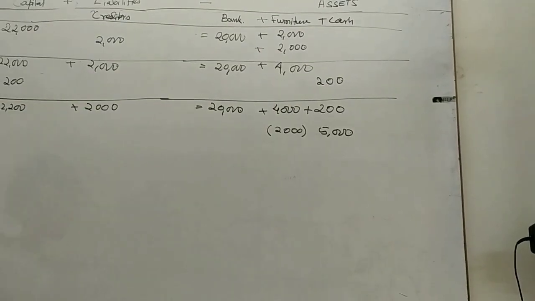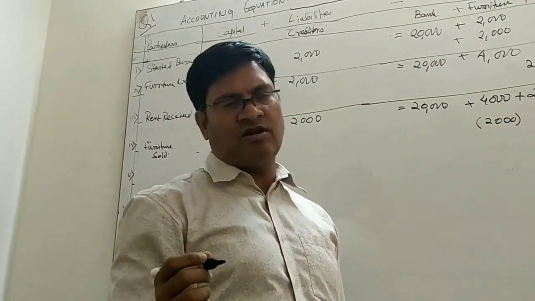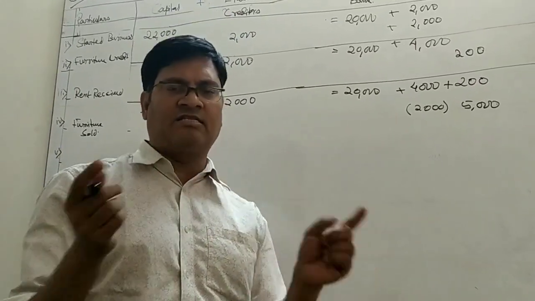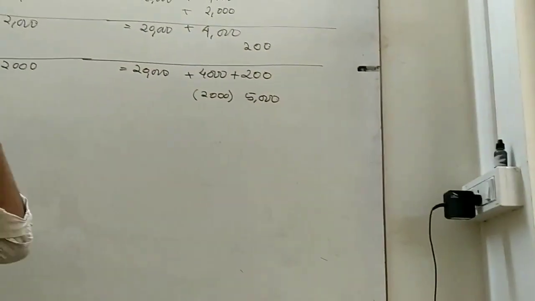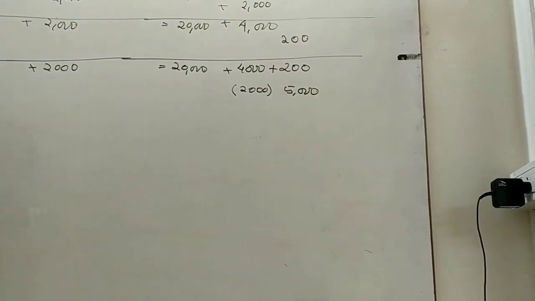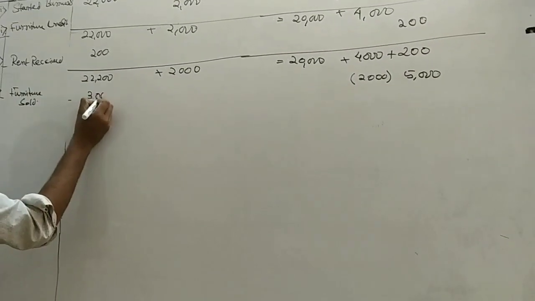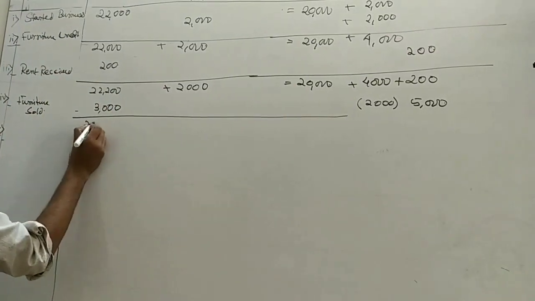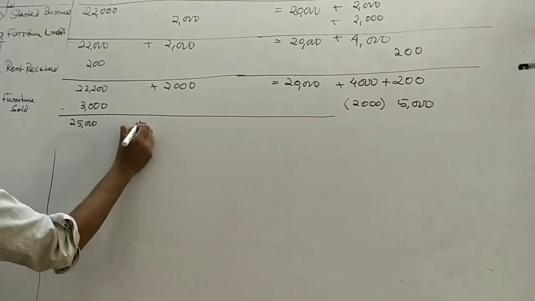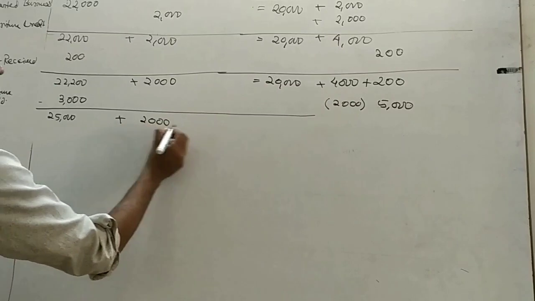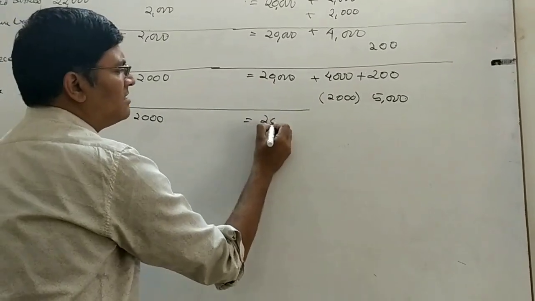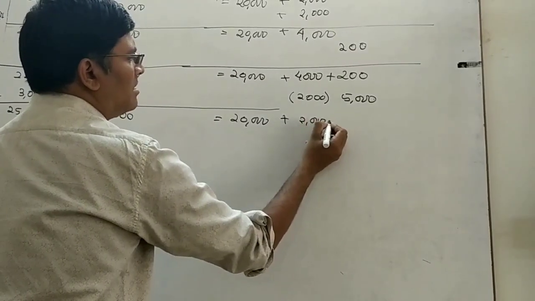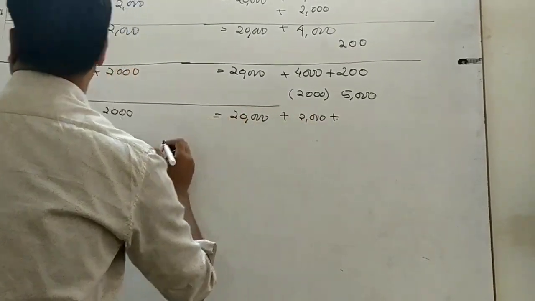Cost of the furniture was 2,000. He purchased the furniture for 2,000 and he is selling it for 5,000. So profit is nothing but selling minus cost price, that is 3,000. 3,000 we are showing in the capital, the profit part. Our accounting equation now becomes what? 25,000 capital, 2,000 in creditors, that is 27,000 on the liability side, 20,000 over here, 2,000 furniture and